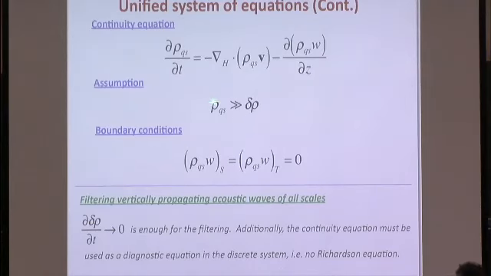The assumption obviously is that the quasi-hydrostatic component is much larger than the non-hydrostatic component. So it turns out that ignoring only this term, the non-hydrostatic density dt equal to 0, is enough to filter vertically propagating sound waves. And